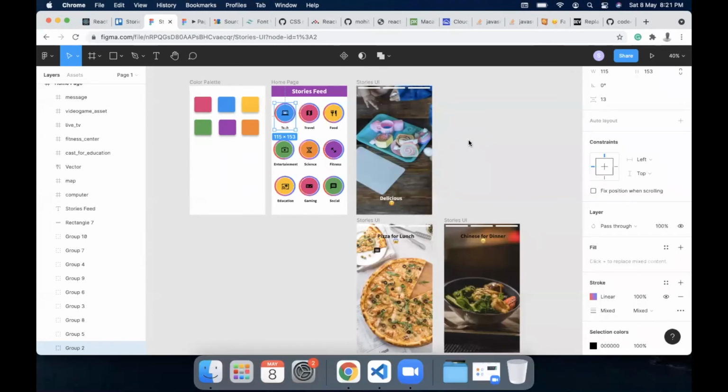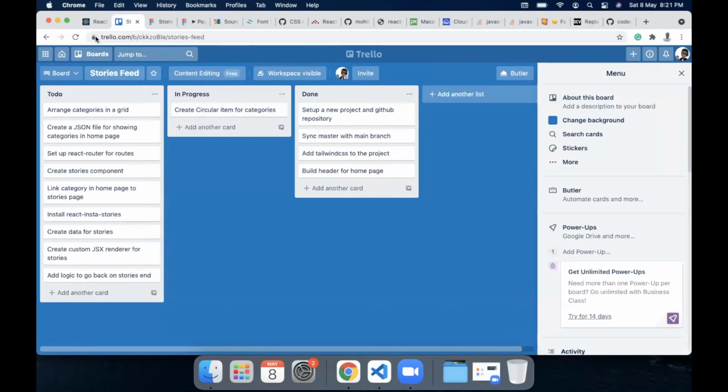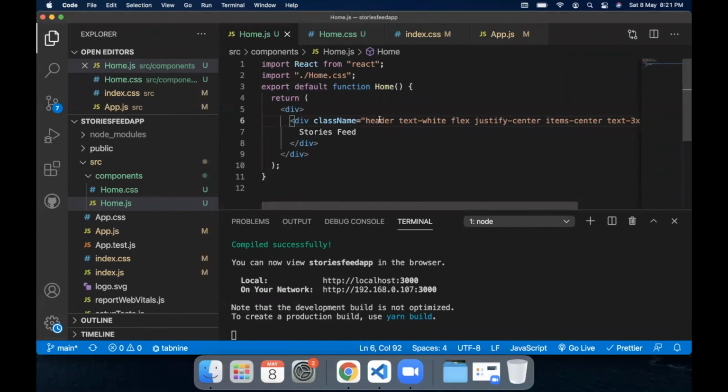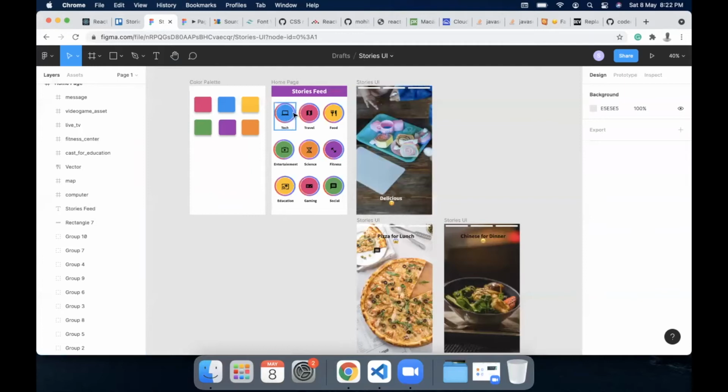For creating this circular component, we will have to create another function. So let's start off with that. In our React project, I am going to come back to VS Code. Till now we have a header function here. If you notice carefully, this component which you have for this category is going to be repeated a lot of times. So it makes sense to write a separate function for rendering this item and then use a map function or some for loop or some iteration to repeat that component again.